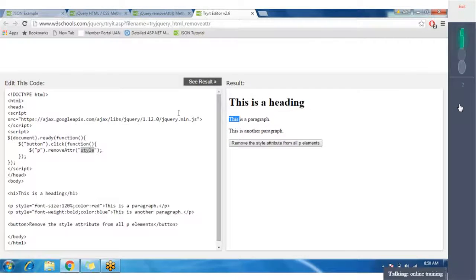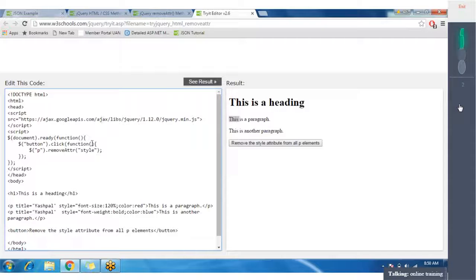Any attribute I want to remove, suppose I was having some href here, or title equal to something.